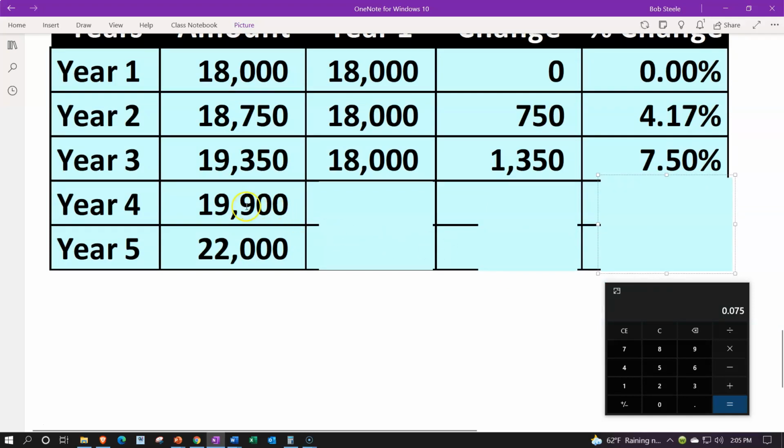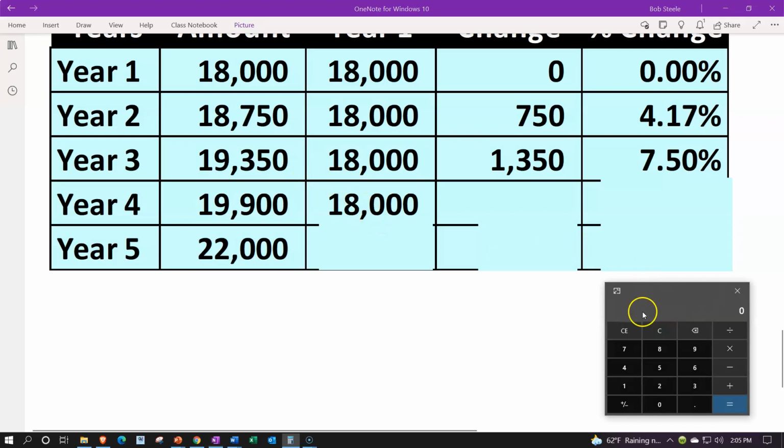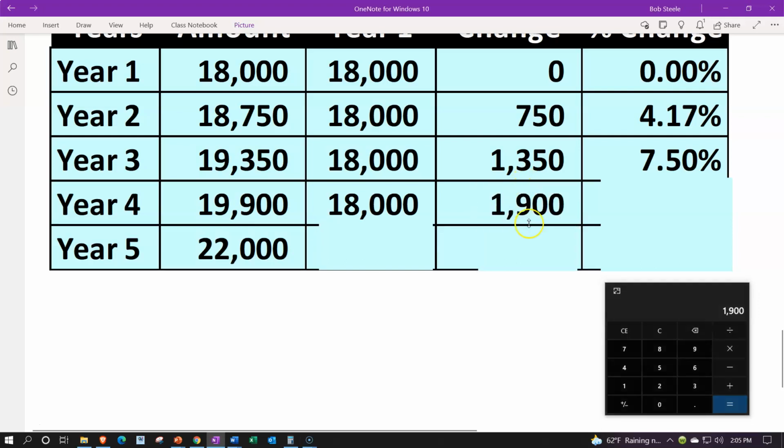And then we've got now the 19.9, and we're going to compare that once again not to the prior year, 19,350, but rather to the base year of the 18,000. So now the 19.9 minus the 18,000 gives us our 1,900 change, and taking the change divided by the base year, divided by the 18,000,